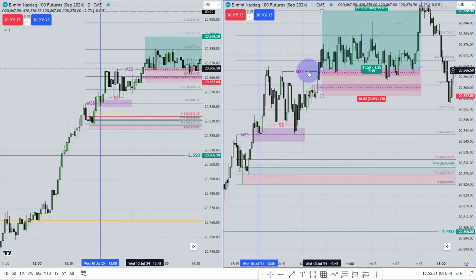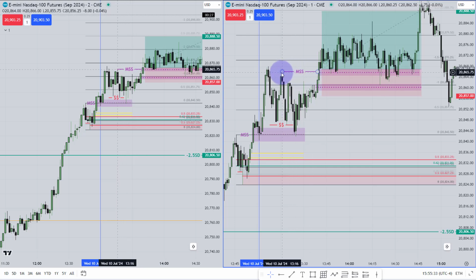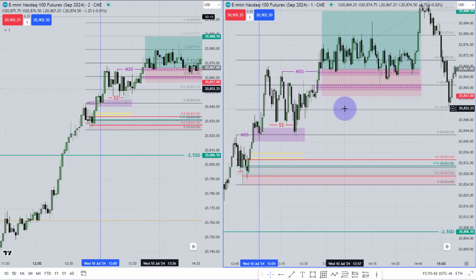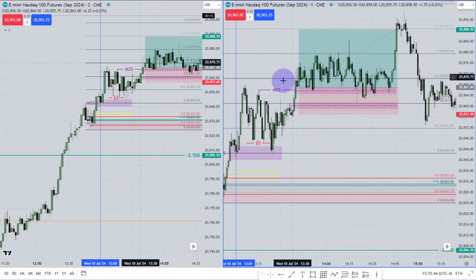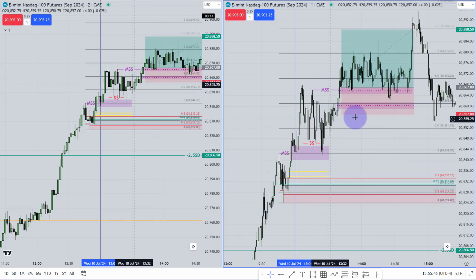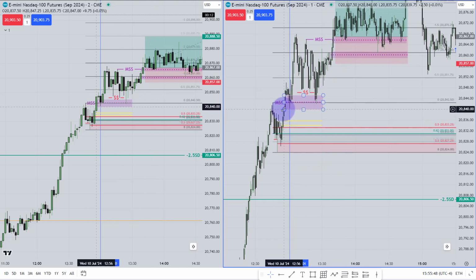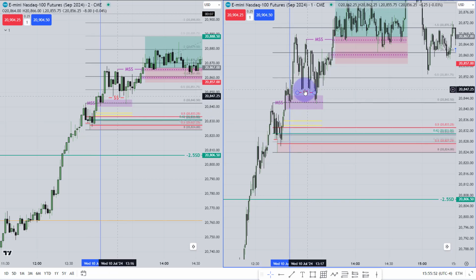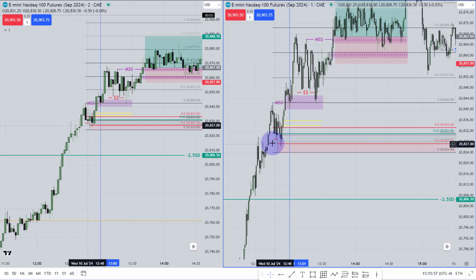Now this market structure shift was not valid to me, because after making that swing high, the market made another swing low, high, low, high, low, high. A lot of work happened over there. Though it is a trending day, I didn't count that as my market structure shift. I was watching this market. This was valid to me, but I didn't take it because the market didn't take some kind of obvious liquidity. The way it has taken the liquidity over here, the market didn't do that over there. Instead of that, it worked with the 50%, then expanded higher, perfect.